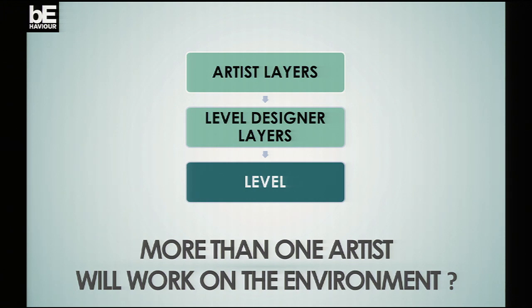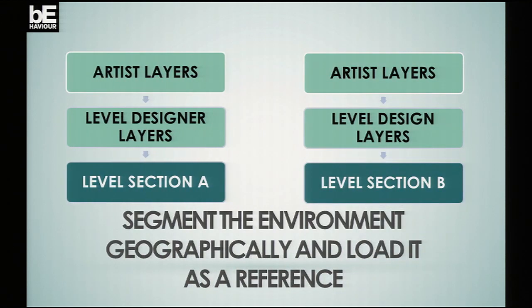So we've solved the problem where an artist is fighting with a level designer over a single scene. But how do you solve the problem when you've got two artists? You segment the area in your game. It will require a bit more work because of nav mesh, lighting, stuff like that. But if you can pull it off, you can have multiple sections of the game, either by using bundles or other elements. That way you can segment the world and have everybody work on their area without having to struggle within the team.